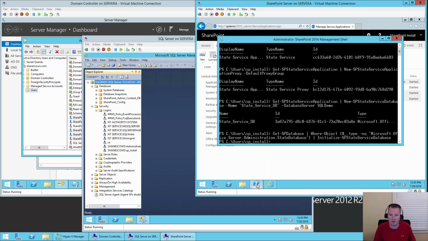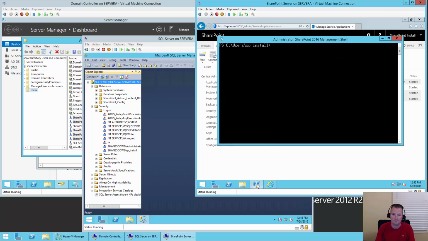All right, we'll switch back over to PowerShell. And now, like I said, this is a lot of PowerShell to type in. I get that. So as part of the premium package, you just run a script called create state. You answer a question, and it does all this for you. But it's not what we're here to demonstrate, so we'll just keep powering through. So I'm going to type in CLS again to clear the screen. Okay, so now the next thing we need to do is create the usage and health